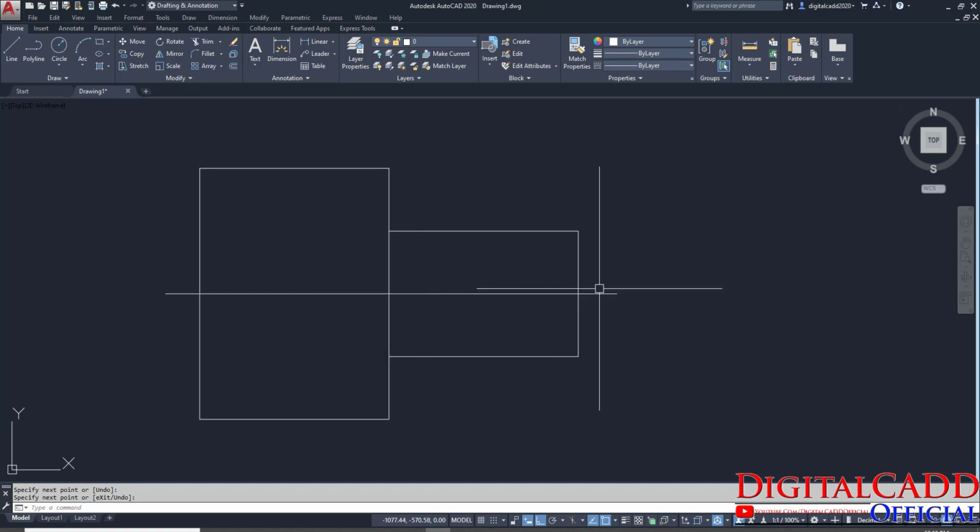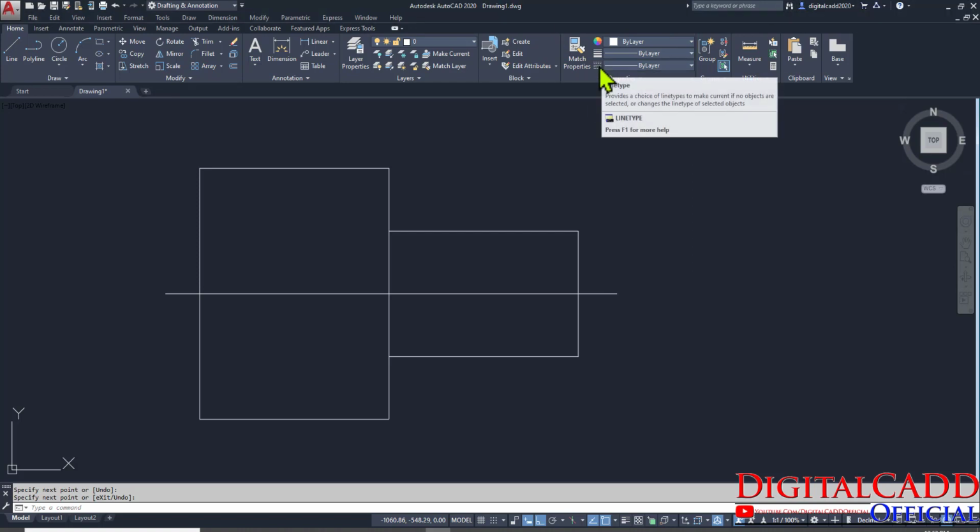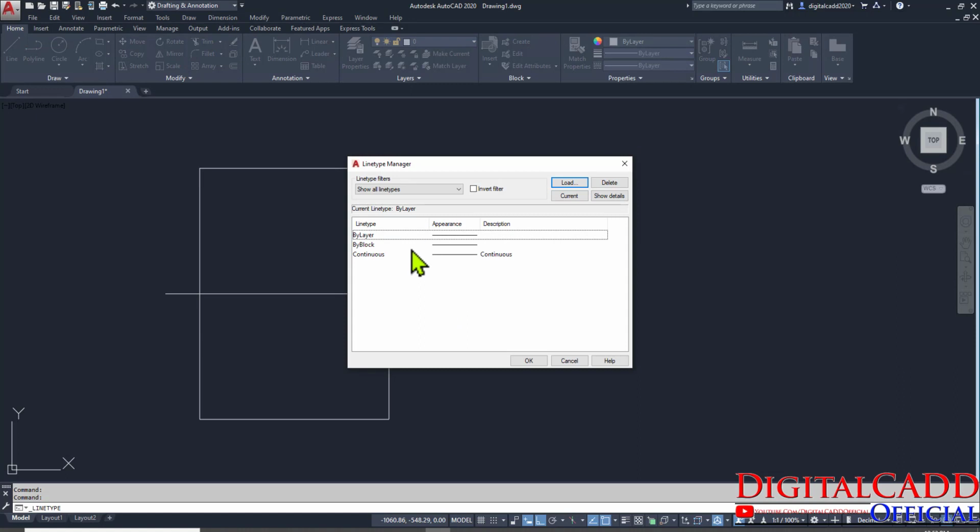First of all, we need to focus on this properties panel. Here in the properties panel you can see this option, line type. Just click here and go to other options. Then we don't have any center line type of line here, so we have to load it.